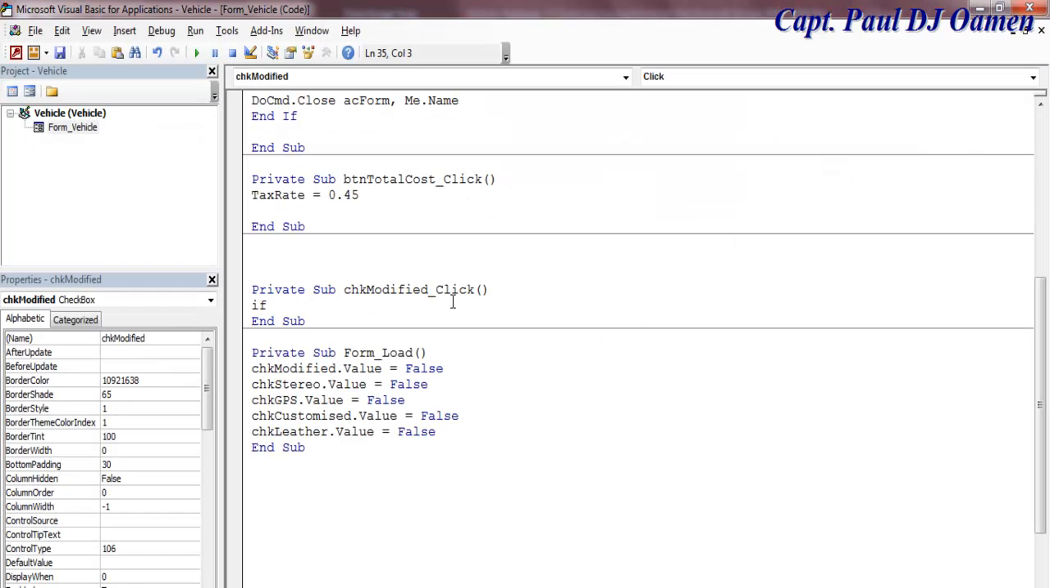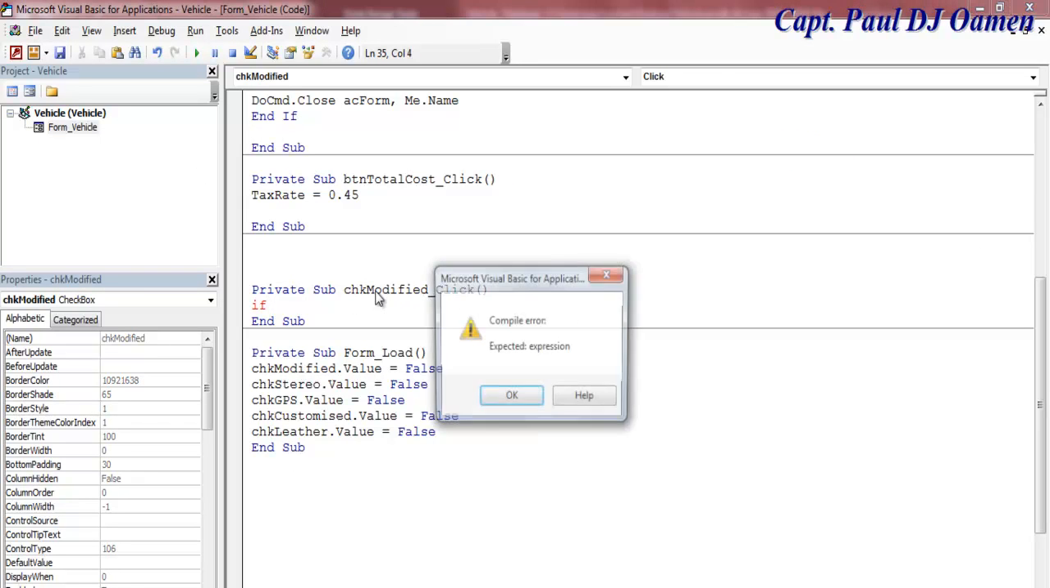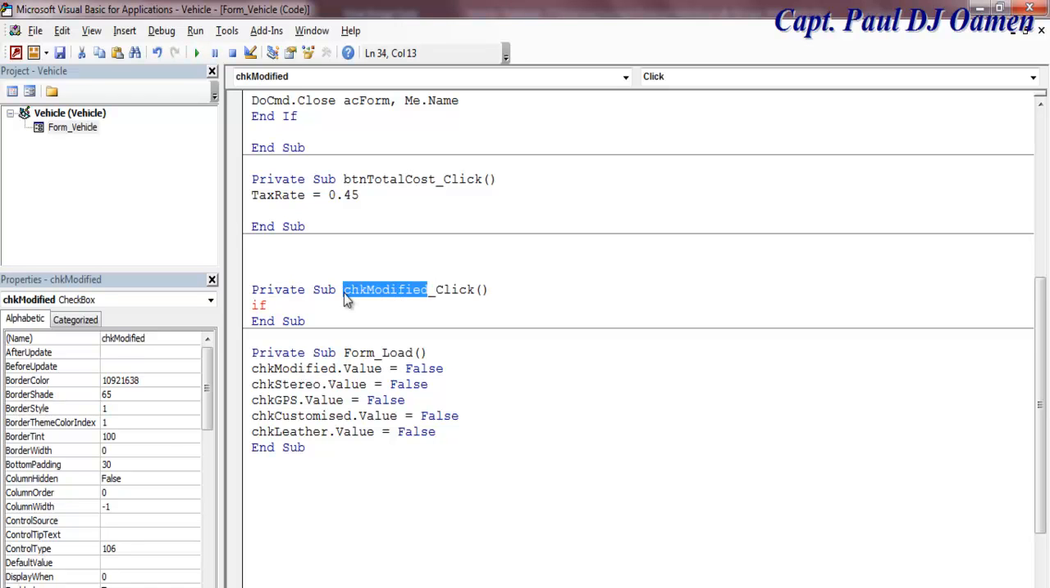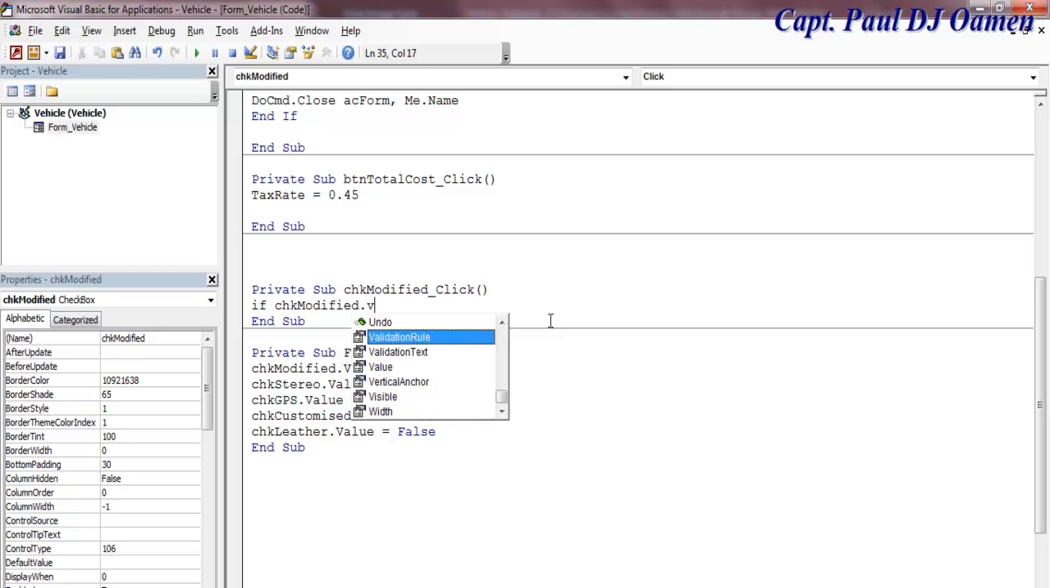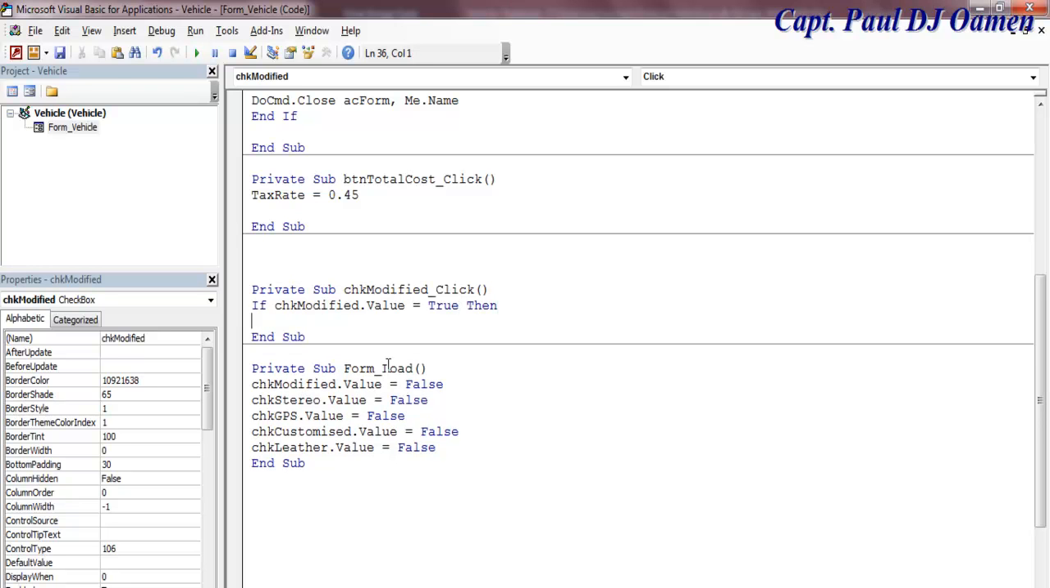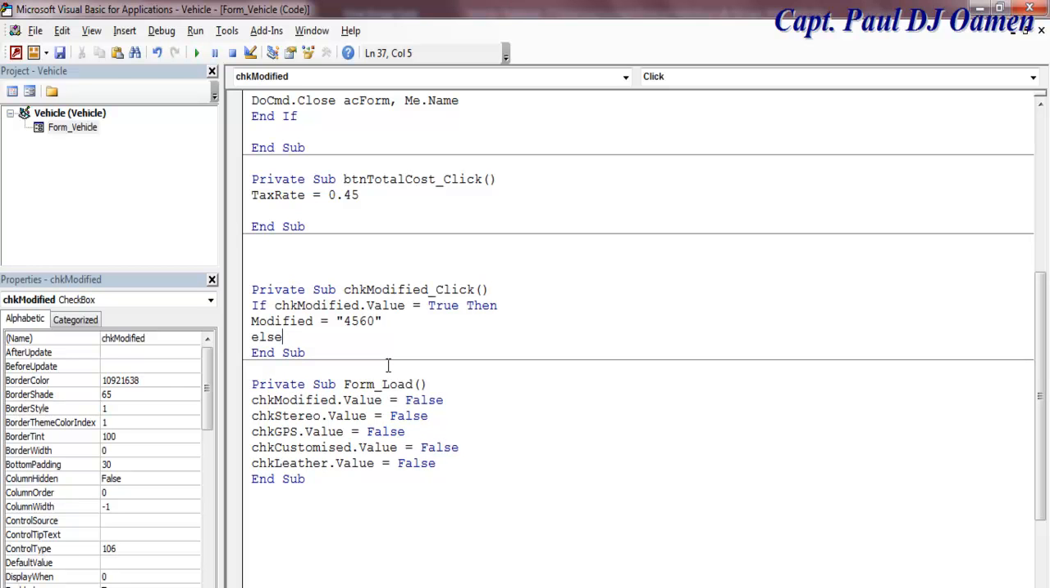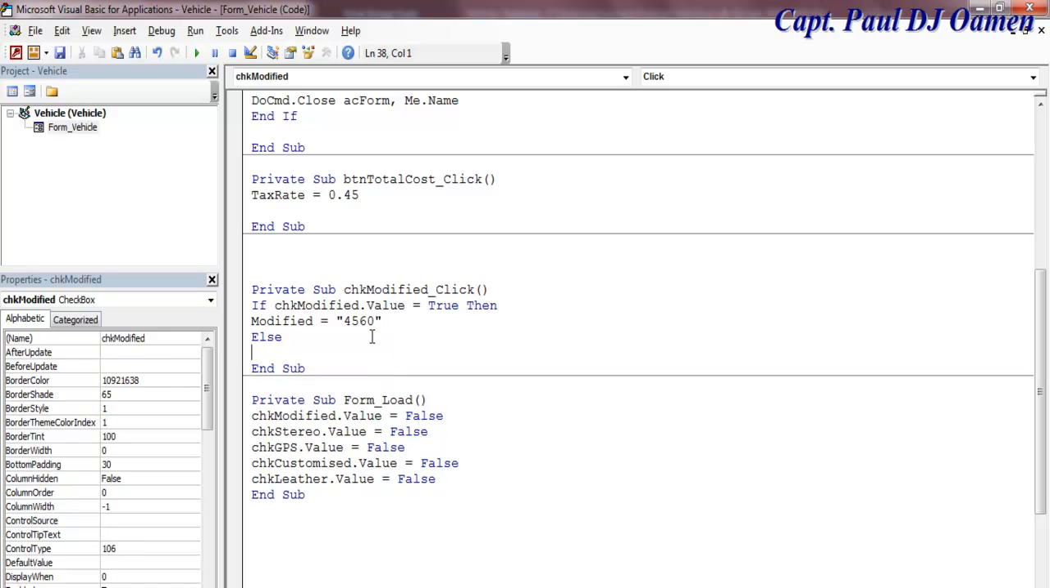Okay, let's copy this. If chk modifier dot value equals true, then modify equals, let's go for about maybe 4,000 plus, else modify equals 0. Okay,